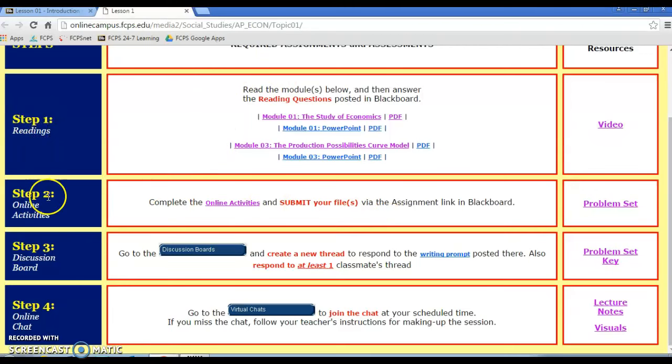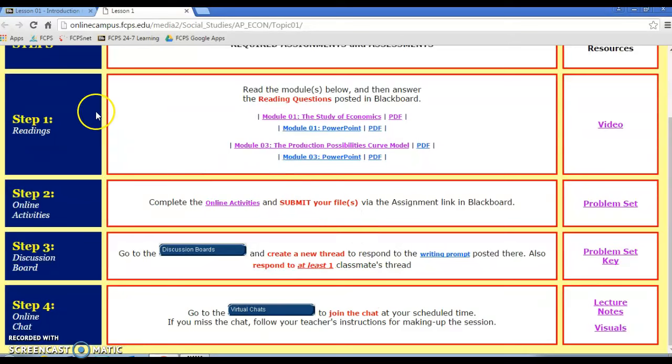So now we've worked through 1, 2, and 3. There was one last thing I do want to show you. But step 4 happens kind of in the midweek for us. It's Wednesday. We'll have our 8:15 and 9:15 chat session where we'll go over any problems you might have had with the assignments, any problems from the previous week, and I plan to bring in some articles and other items and other activities that we can do to bring the concepts that we're working on during the week to real life,